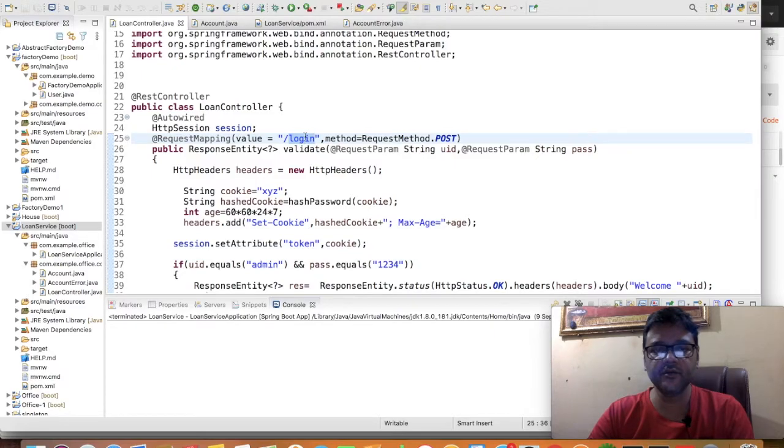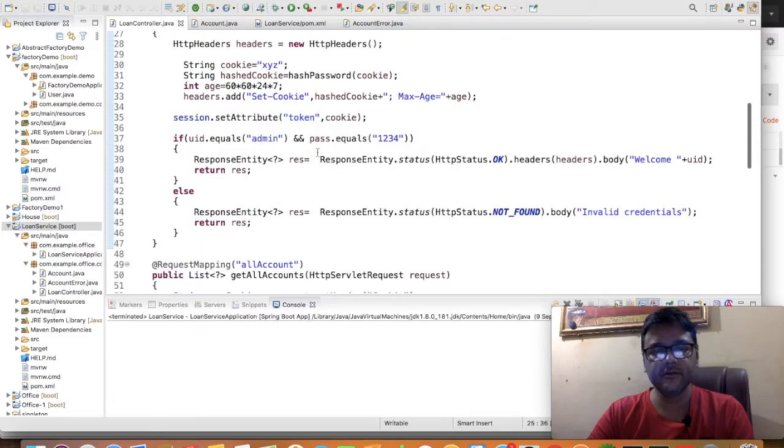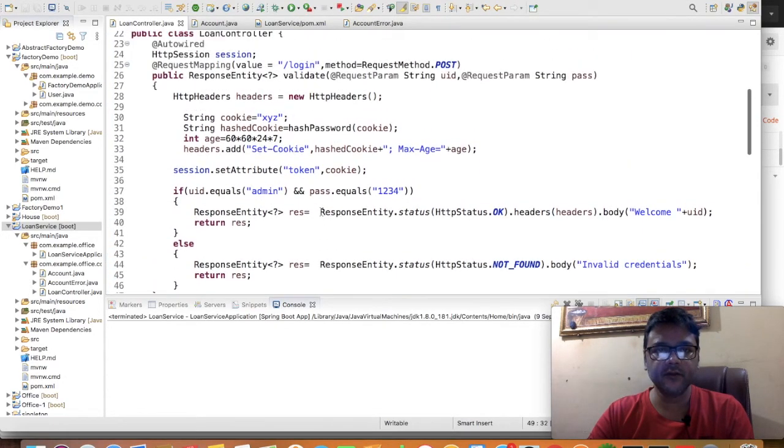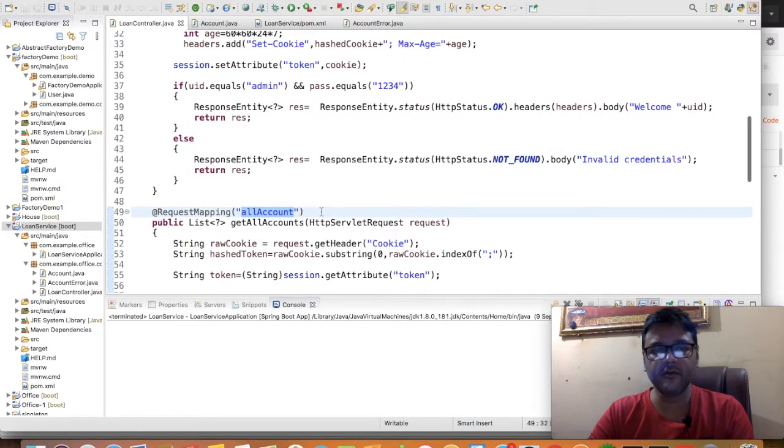One is to log in and another is to find out all accounts. If we compare with the presentation, each time the user wants to find out all accounts, we have to secure it with a validation process, because this is now insecure or open to public, anybody can find it out.